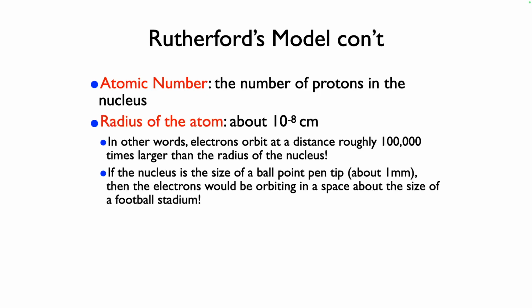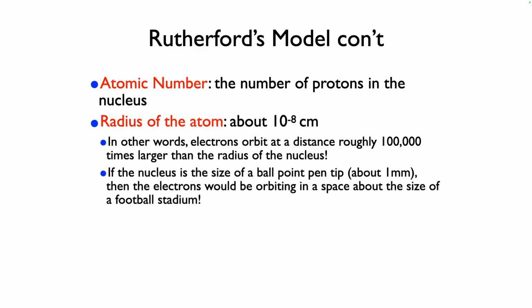One of the calculations you can do is if you just look at the tip of your stylus or the tip of your pen, that lead or that little ball bearing, that's about 0.5 millimeter in diameter. If you hold that up and we say that's the size of the nucleus of an atom, then Rutherford calculates that the innermost electron to that nucleus,